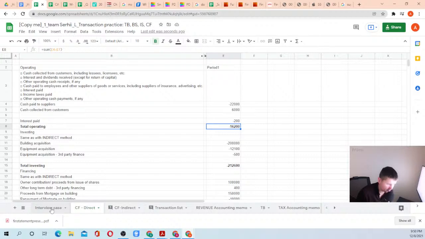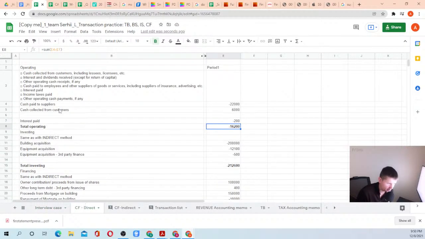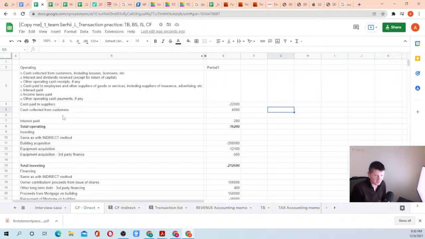And let's make a note that under the direct method we have a header, cash collected from customers. So our cash collected from customers will be our,